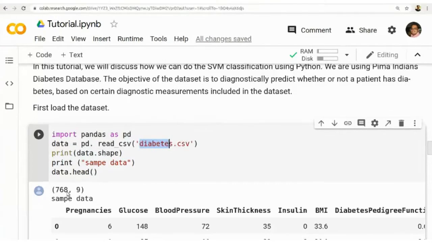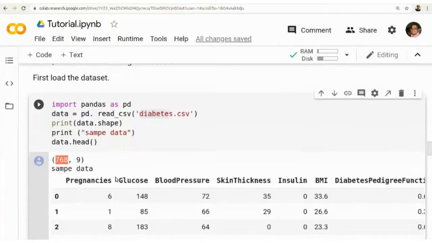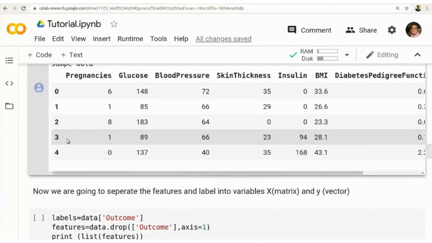Print data.shape, it has 768 data records and 9 columns. This is actually a tuple. You may remember, tuples are represented by simple brackets, parentheses. And as sample data, we can print the head value. So the first 5 rows will be printed.